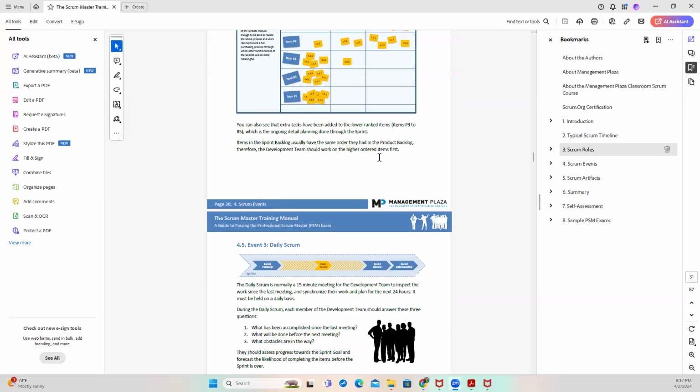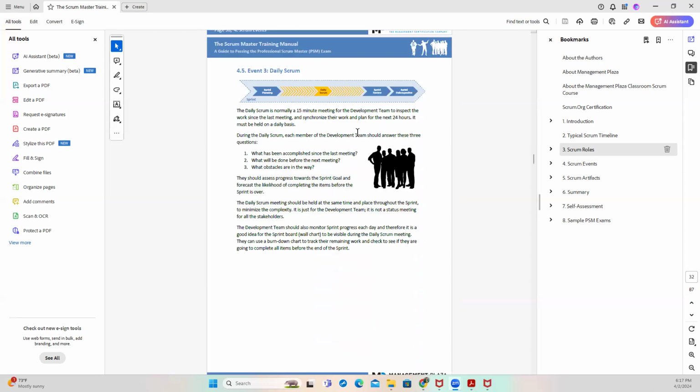I omitted that, so I wanted to make sure the people who are available on that sprint planning day are known. And then we have the daily Scrum every day, 15 minutes. It is not mandatory for the Scrum Master to attend the daily stand-up. It is not mandatory for the product owner. The daily stand-up is solely mandatory for the development team. But it is beneficial to you, the Scrum Master, to be there and help them run it. That way you know who is doing what. Take advantage of it and use it.